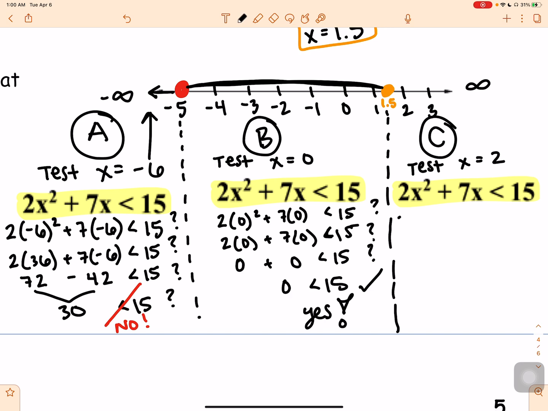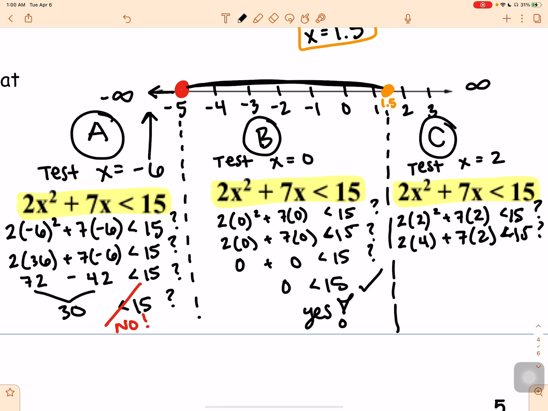All right, so we have 2 times 2 squared plus 7 times 2 is less than 15. I don't know, let's see. 2 squared is 4. 2 times 4 is 8, plus 7 times 2,